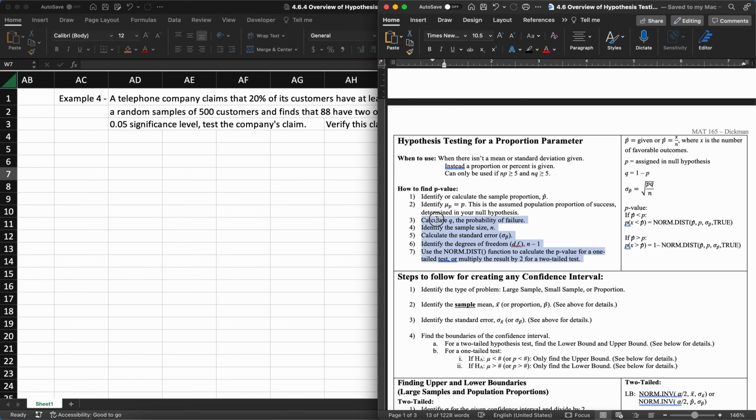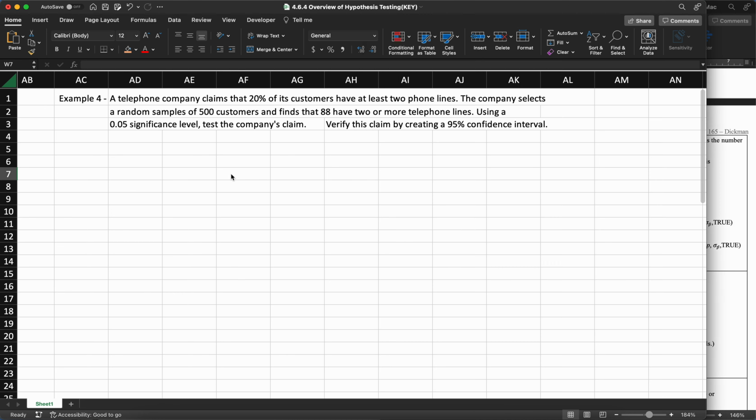Well, here are the steps to finding the p-value. When we get to that part, I'll come back to this. But remember, we can only use this if NP and NQ are greater than or equal to 5. Your book says 15. Statistics is still being all worked out, so in some places you'll see slightly different